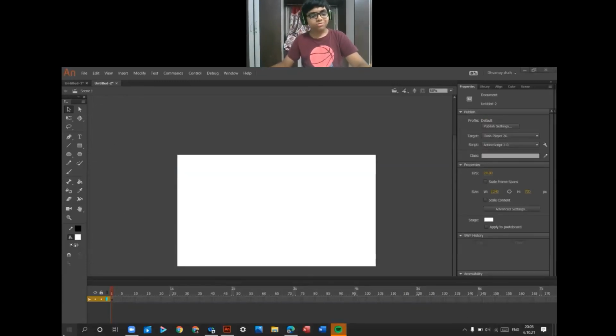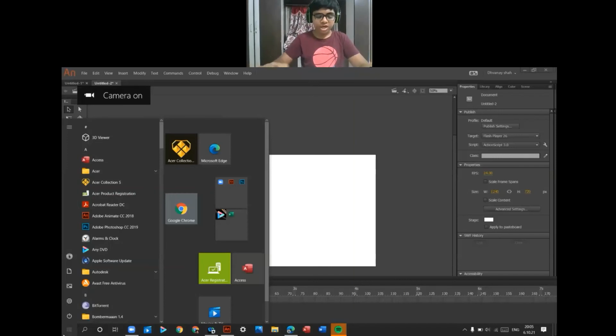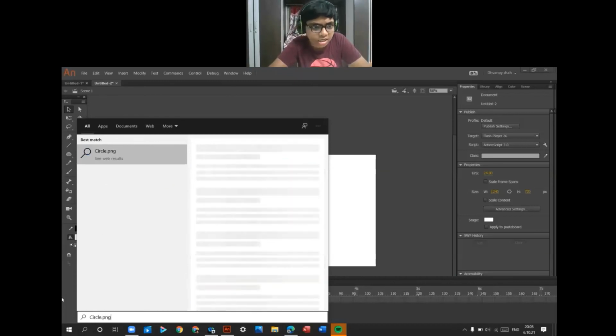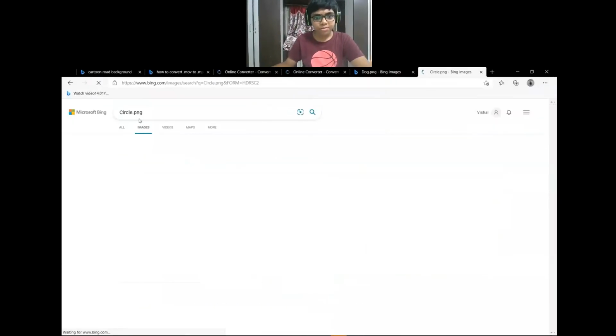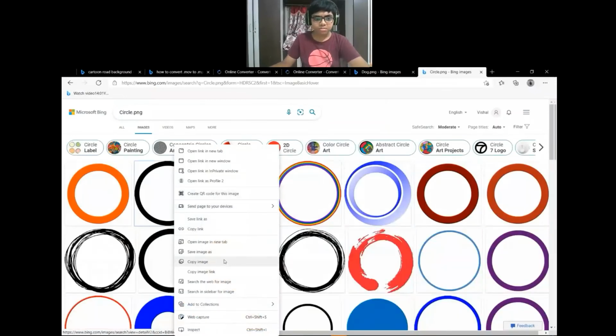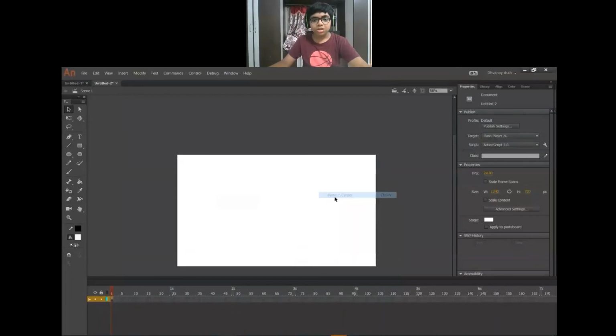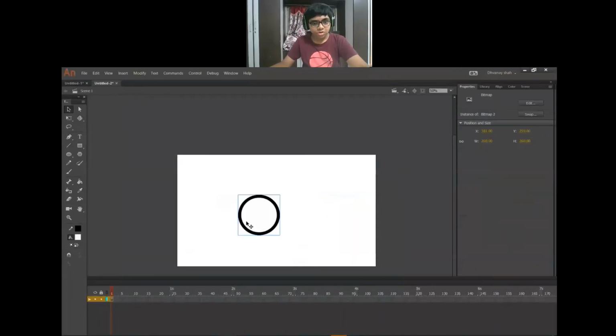Again, I will use a very clear image. I will not use a highly complex image, but I will use a circle dot PNG, anything you can use from Google or the web. Click any one image from Google or the web, minimize it, a very simple image. Keep it outside the stage.